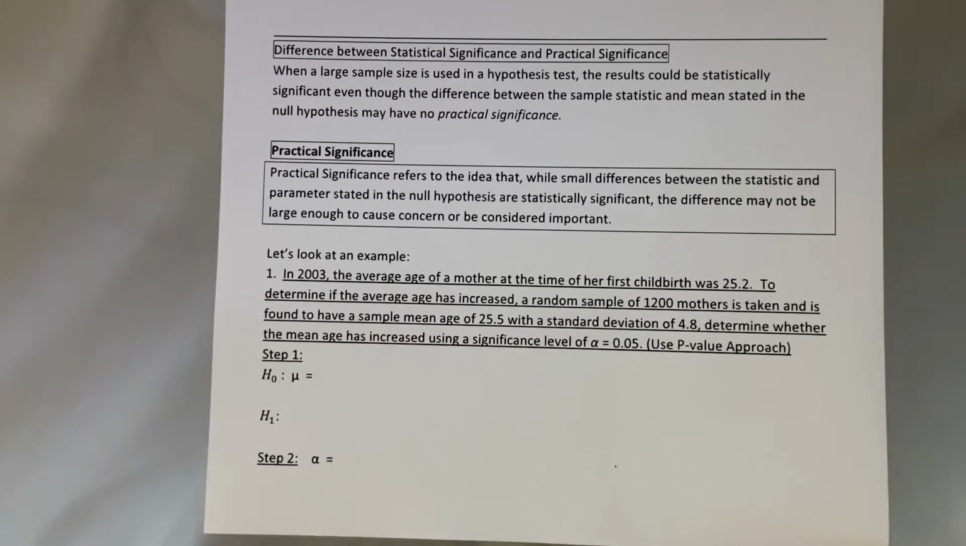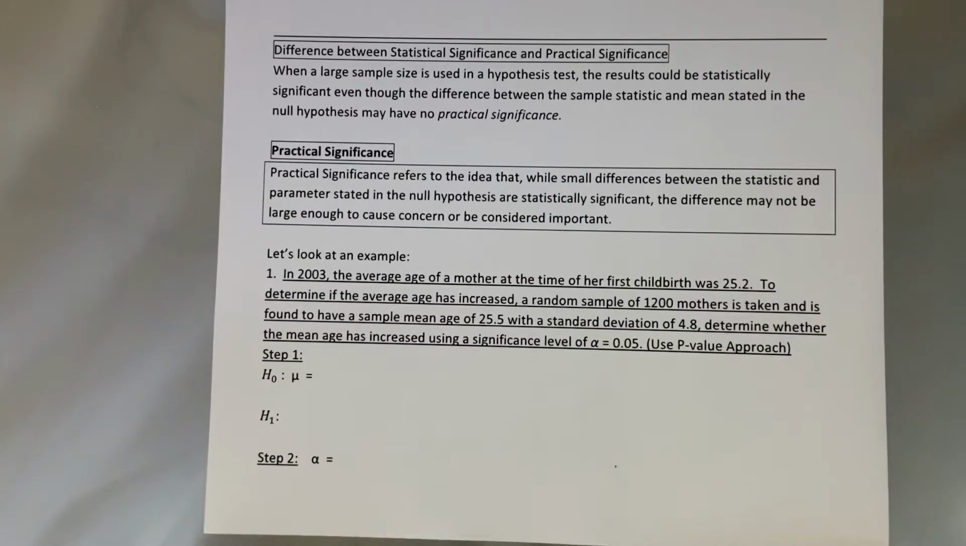So even though we said that it was statistically significant, the weight in quarters average of the state quarters was 5.7 grams versus 5.67. It just happened that the standard deviation was so small that it made it seem like, oh, this is really unusual. But is anyone really going to be able to tell the difference between 5.67 grams and 5.7 grams in terms